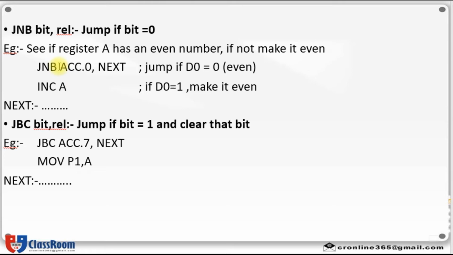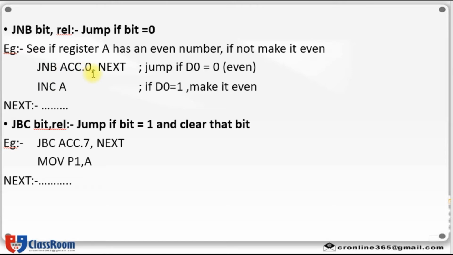So, JNB ACC.0, next. That means if bit value is equal to 0, you have to jump to this address specified. If bit value is equal to 1, then you have to increment this accumulator register so that it becomes even.